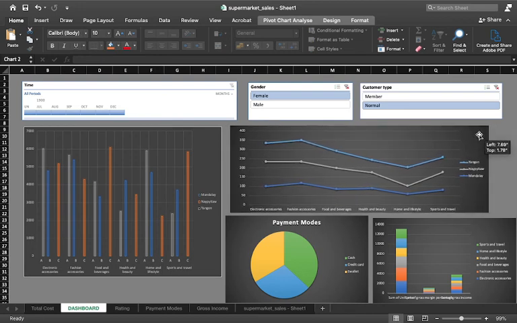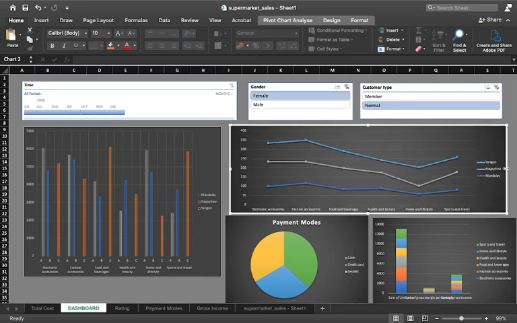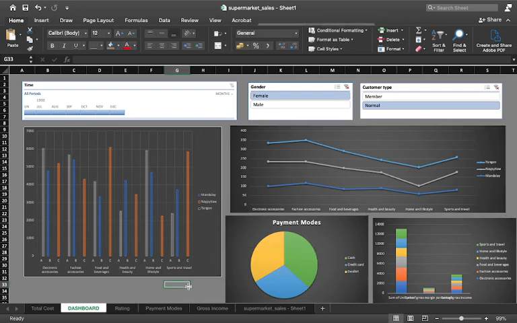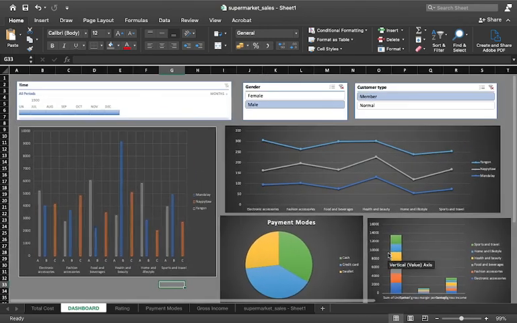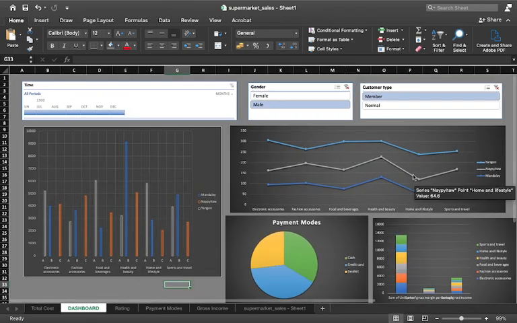You can arrange it according to your preferences. As I said, the main purpose of your dashboard is that it should look clean. It should be self-explanatory. So now if you see, I want to see the main members. This is how my data changes, and I can easily see the dashboard that I have.